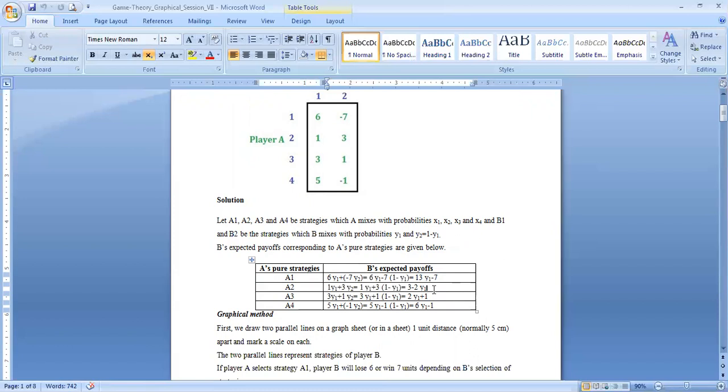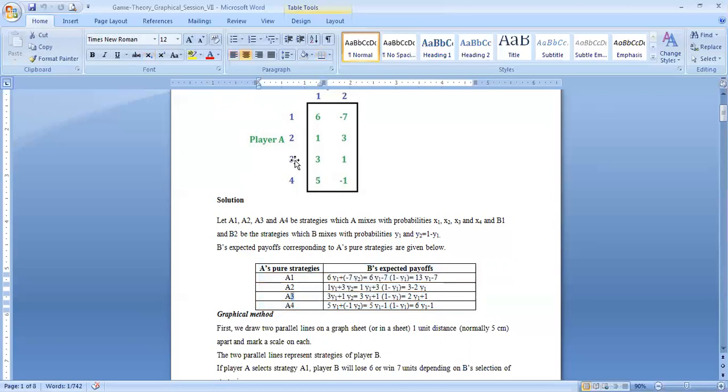At the end of this session, I will ask one interesting question on which you have to think and apply your knowledge, based on the game theory you have studied so far, and try to give me the answer for that. So that question will be purely linked with this table. Okay, then let us continue for the next, A3.